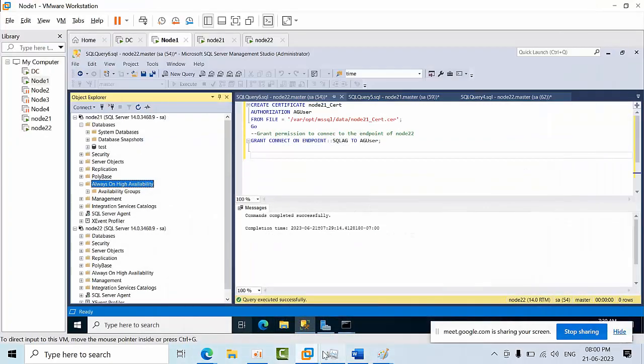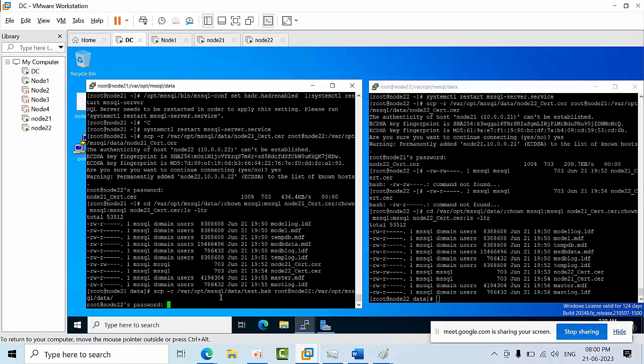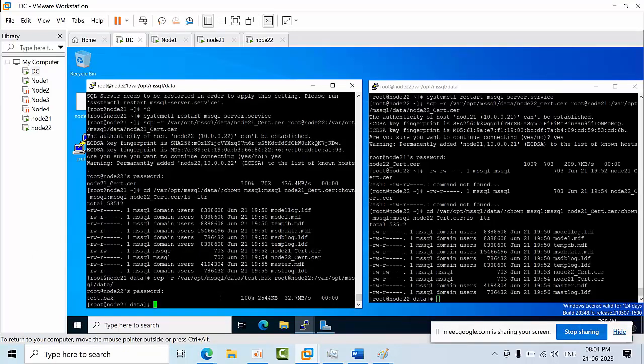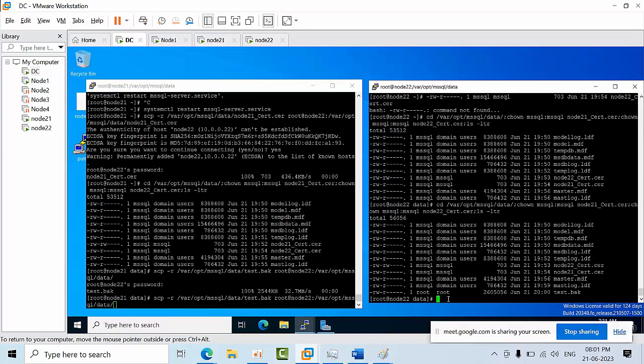Now go to node 22. Yes, it was done. Now I'm executing the same command here. See, I have copied the test backup, but coming to this location, see, root has the sufficient privileges. If I try to restore the backup, I will get an error. So for that reason what I need to do here is